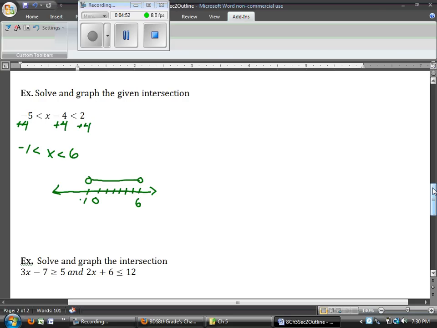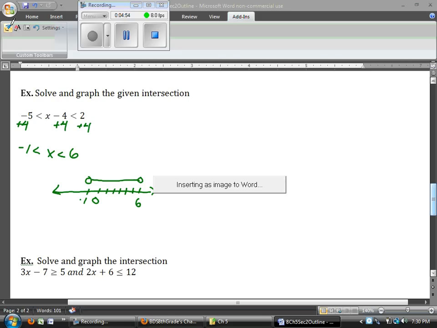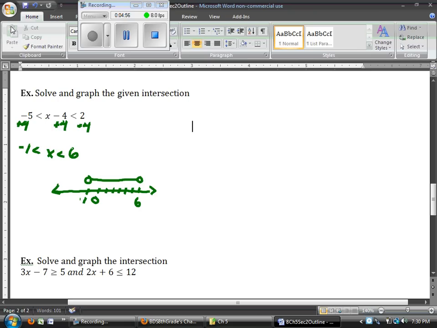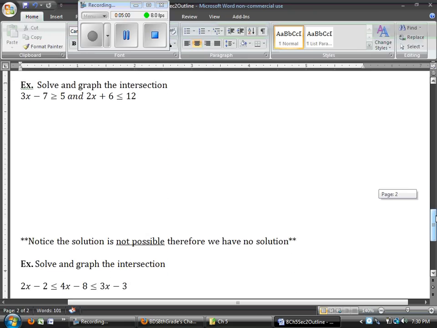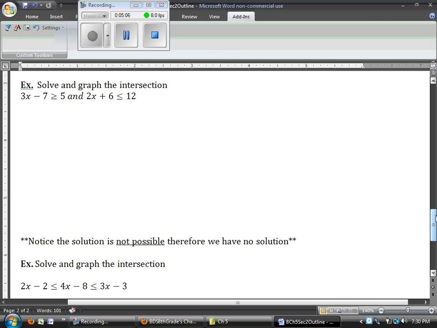Okay? Not too difficult yet. Now this does get fairly more difficult when we get down to some of these problems. Okay. In this one, I can't make it one sentence because the terms with the x